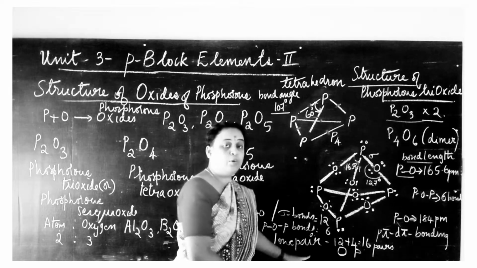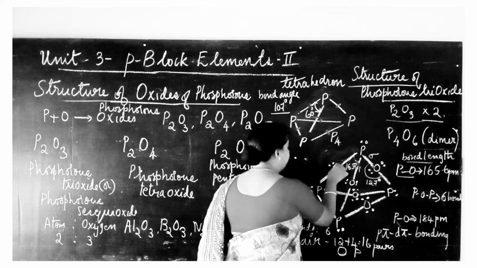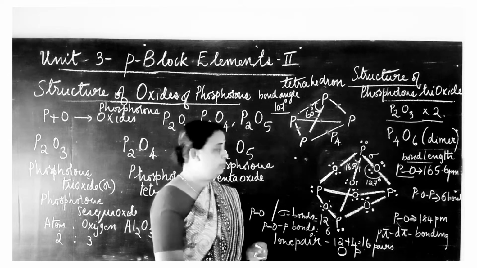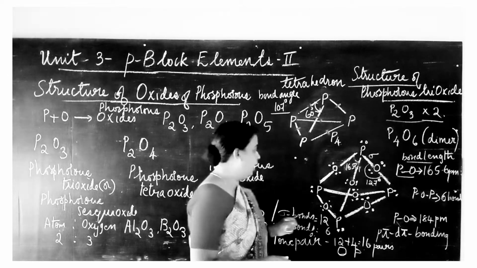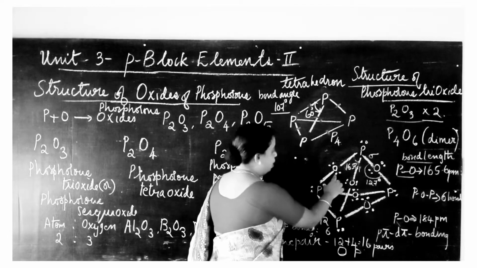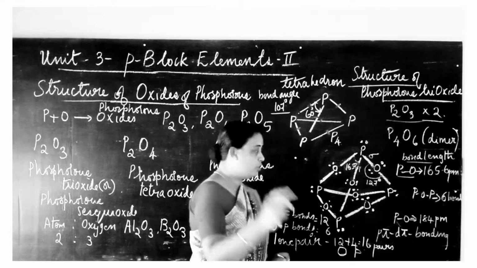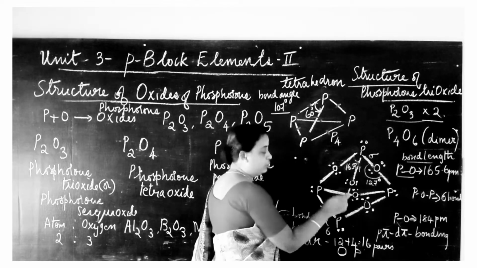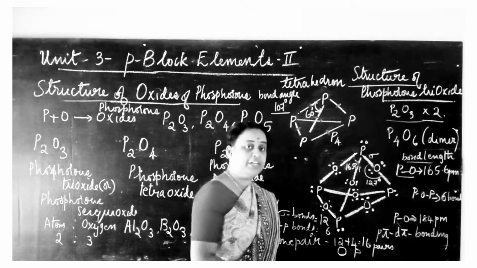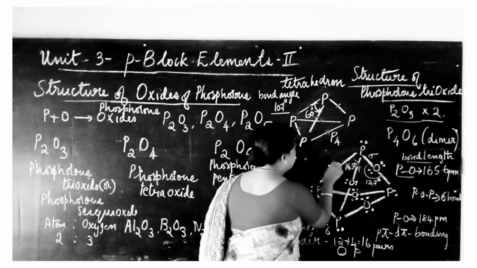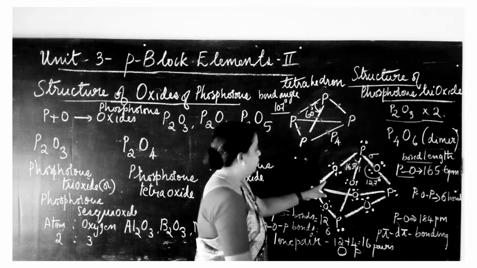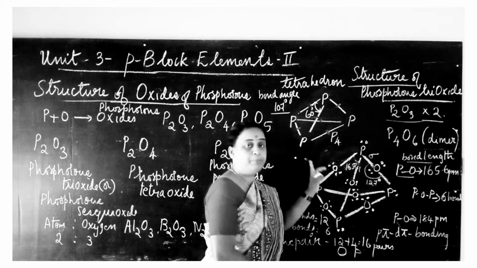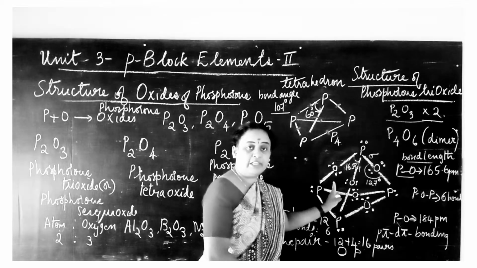Now let us calculate the lone pairs. How do we calculate the lone pairs? Each atom in the compound, that is oxygen atom and phosphorus atom, we should make into an octet. In the case of this oxygen, a bond contains 2 electrons. How many bonds are there on the oxygen? There are 2 bonds, so 4 electrons. In order to get an octet, it requires another 4 electrons, which are written here as lone pairs. So in the case of oxygen, 2 bond pairs and 2 lone pairs. Now the octet is satisfied in the case of oxygen.